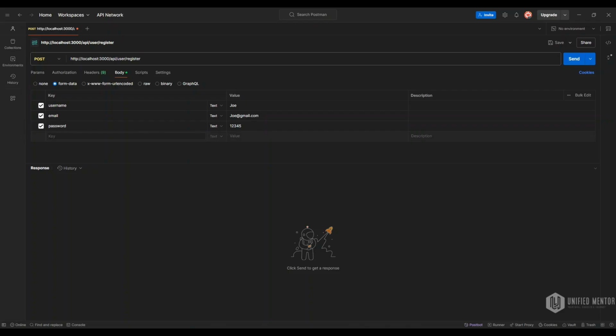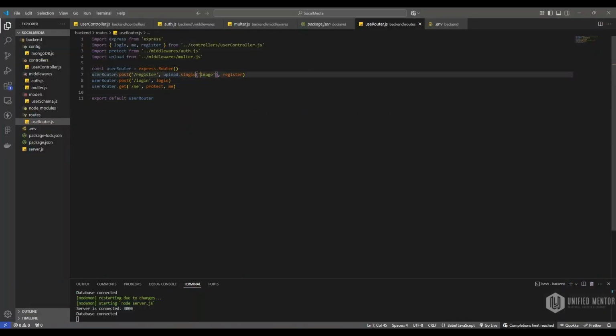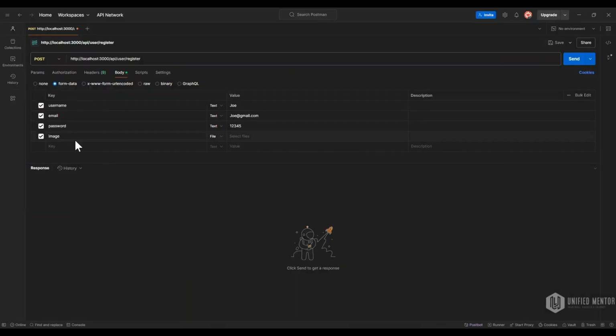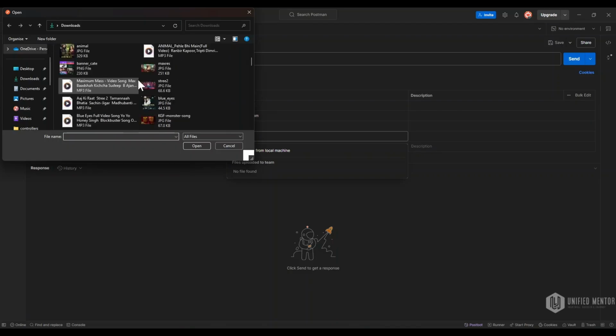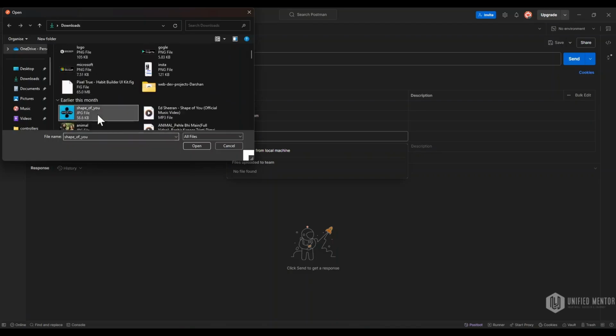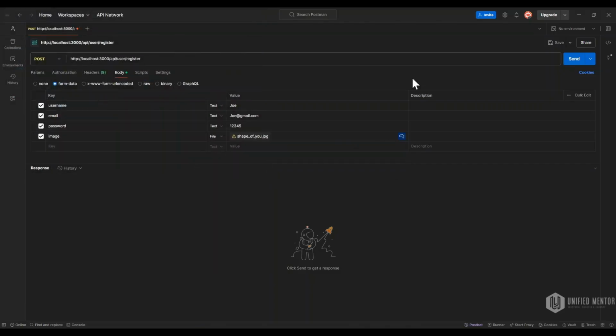After that what should we give? We should give the avatar, right? For that one, just here select file. Let me give that one as an image. Will this work? Let me come for the user router once. This one is the image. We'll just copy this one, come for Postman, and here I already have this image. Okay, name is correct. Now select the files here. New files from local machine. Let me select any image. I will just go with shape of view image. Open. Let me send. If we get any error, we will get error, or else we should get a register